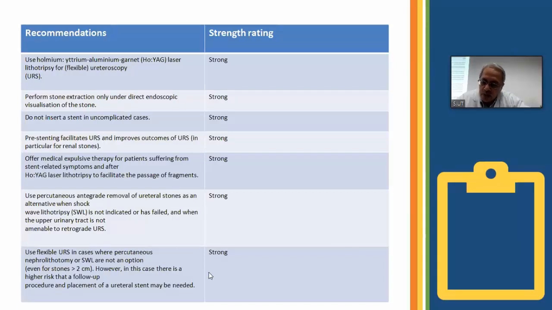Maybe the stone is 2 cm, maybe it is below or above 2 cm. So there are variations in